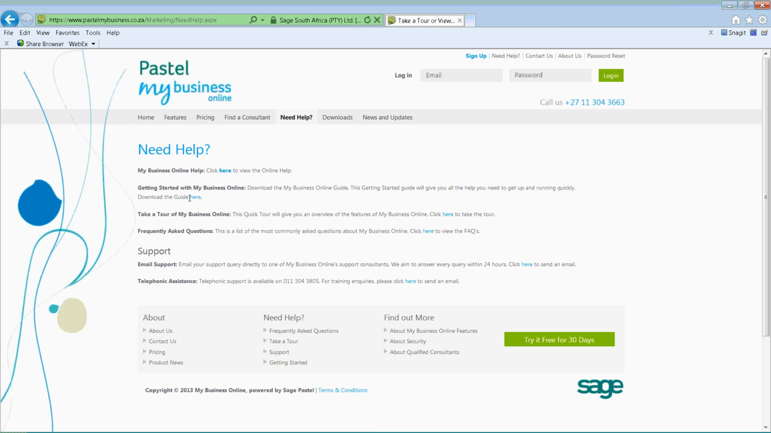We've also got a full-on getting started guide, so you can download that and go through it. Quite a nice user guide, about 100 pages, and note that each page does have a print screen. So probably it would take about 2 hours just to work through that. Okay, then let's take a tour of My Business Online if you'd like to do that, and also frequently asked questions. We've also got our support line, email support, or otherwise telephonic support,